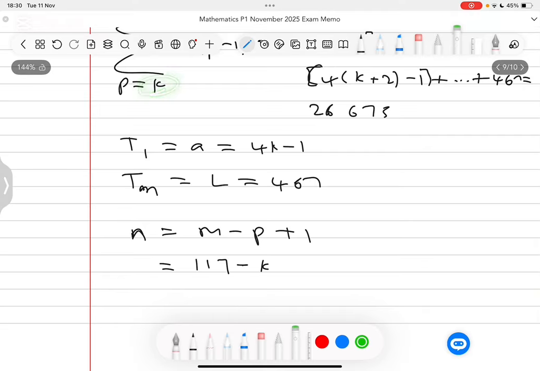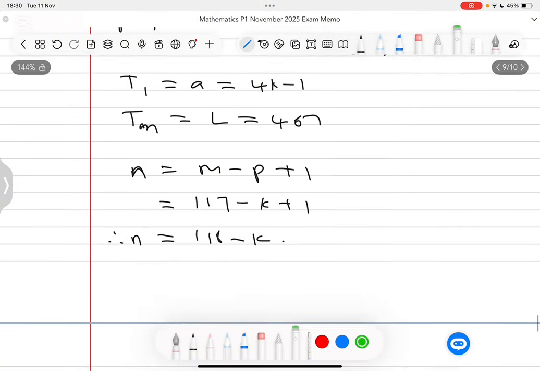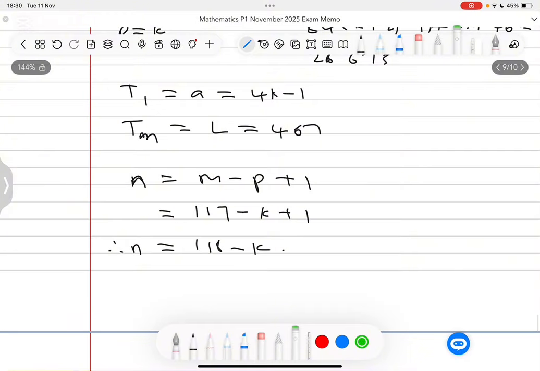I'm going to substitute that by k because we want to calculate the value of k here, and I'm adding a 1. So this means that n is therefore 118 minus k, because when you add the 2, they give you 118. Now, if you have broken down that sigma notation in this form, you are now able to solve for the